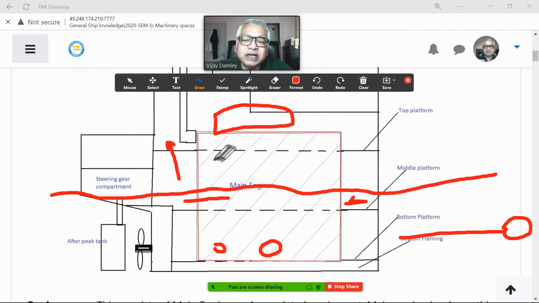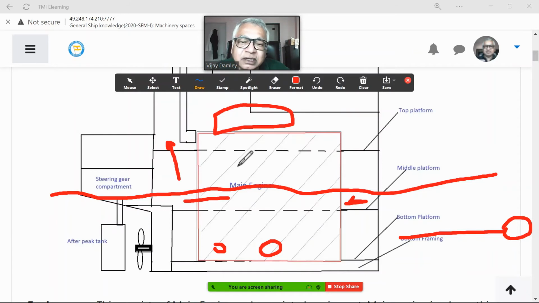Suppose there is a fire, because what happens? You have got fuel under heated condition above the flash point. Then you have got heat in the engine room, high pressures in the engine room. Any leakage, anything that happens can start a fire. So we always consider the engine room a high risk area.